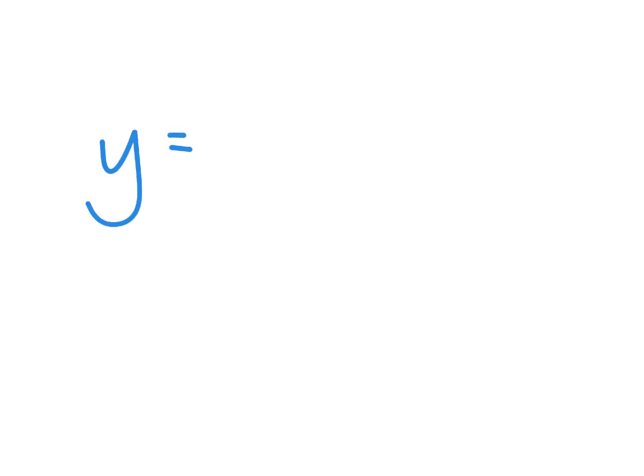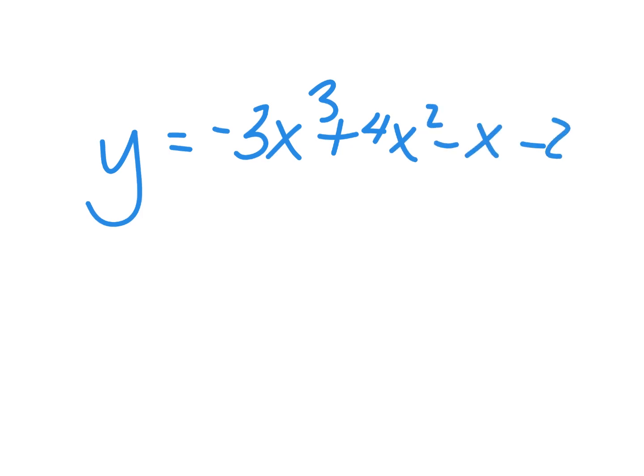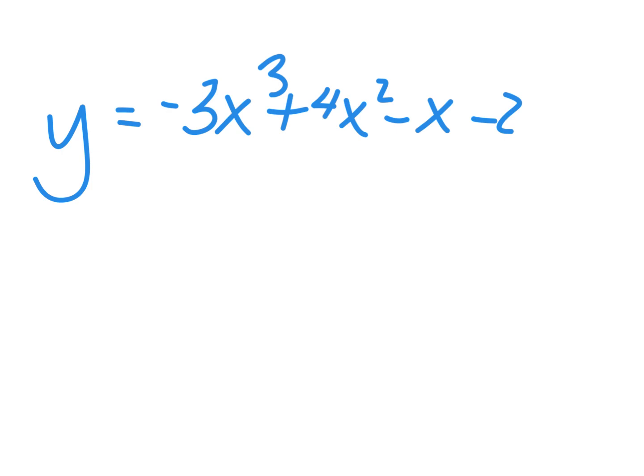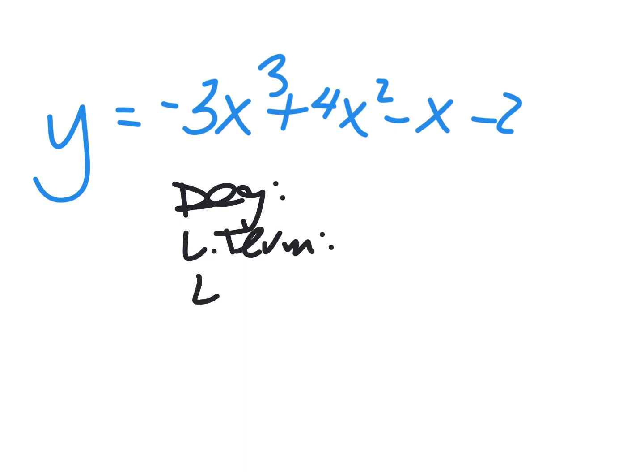But what if I give you this one? Negative 3x to the third plus 4x squared minus x minus 2. Would you please tell me the degree? You don't have to write the whole problem down. You can if you want for the notes. That'd be cool. The leading term, the lead coefficient,